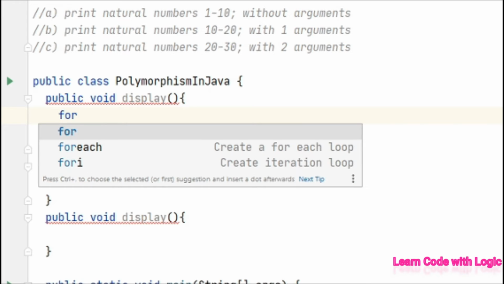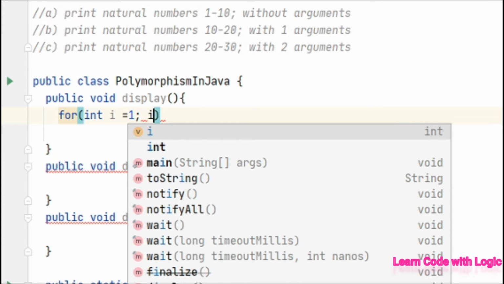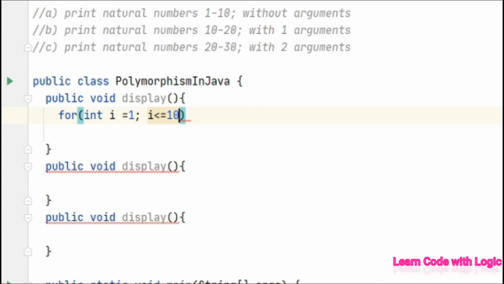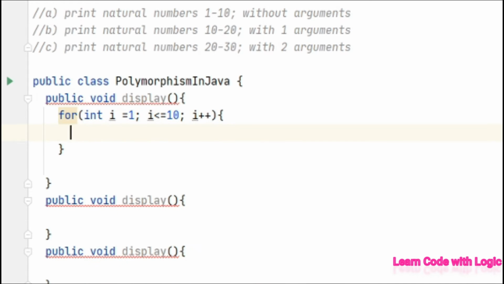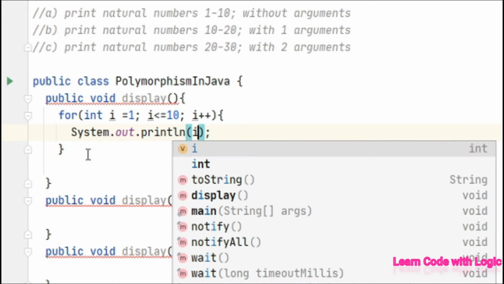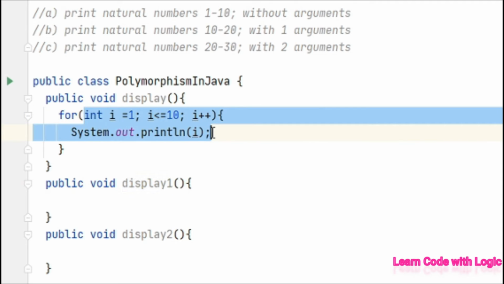Let's do that. For iterating, we use loops here, starting from 1 and ending at 10. So the condition is i less than or equal to 10. Then we need an increment operator, system.out.println i. Just for time being, I'm just changing this one. So the first one is printing numbers from 1 to 10